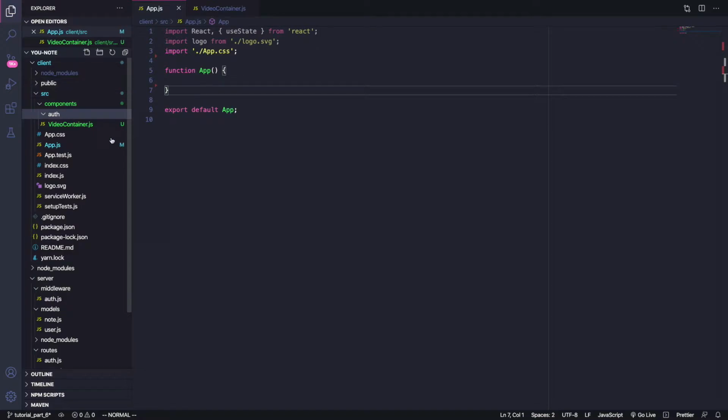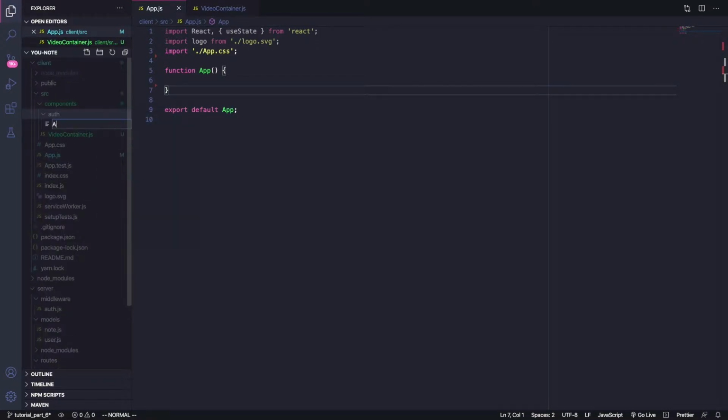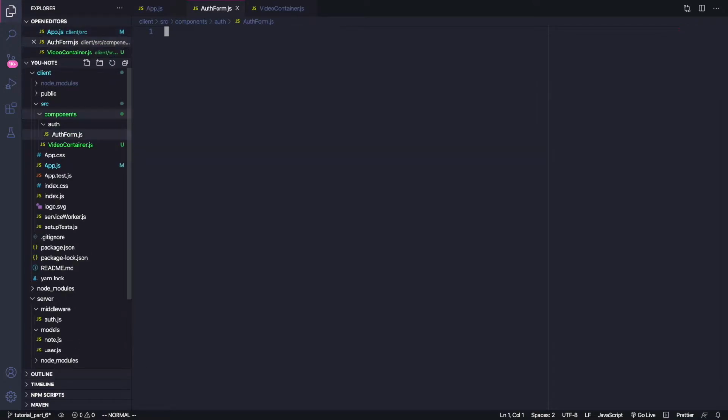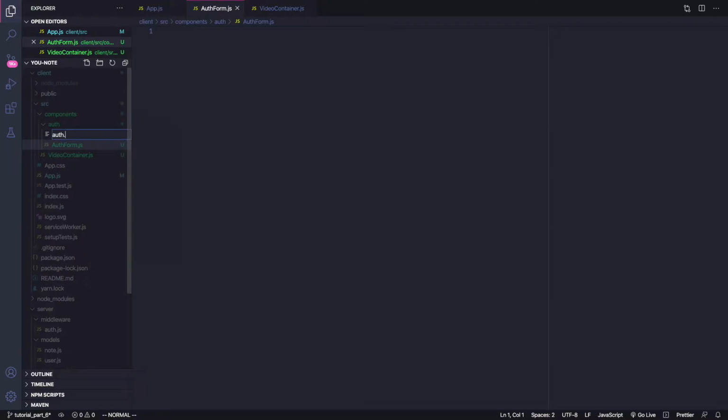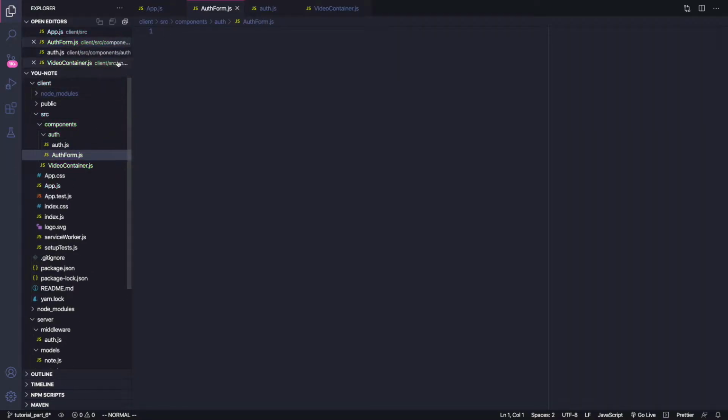Auth is going to have two files. I'm going to create a new file called authform.js, and inside here as well, I'm going to create another file called auth.js. AuthForm is, like it's named, just going to be our form to house all of our authentication